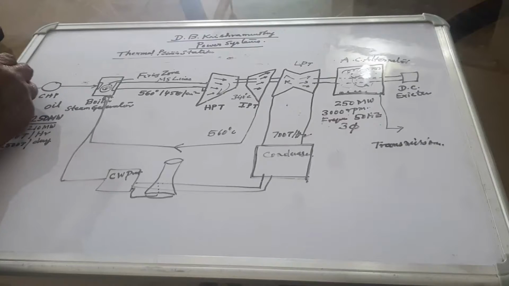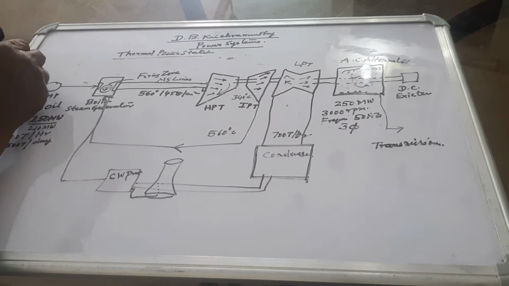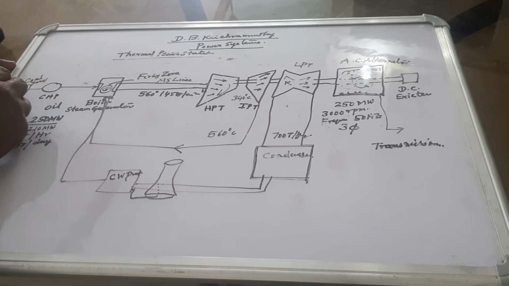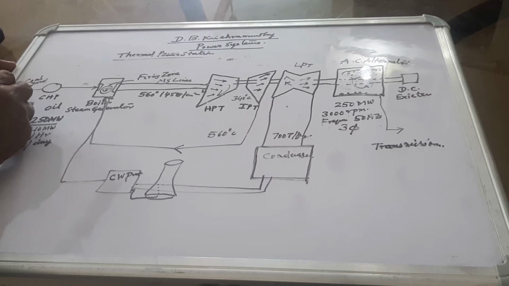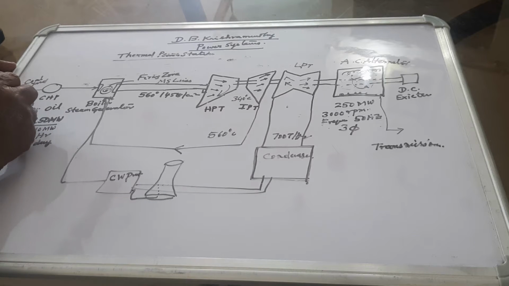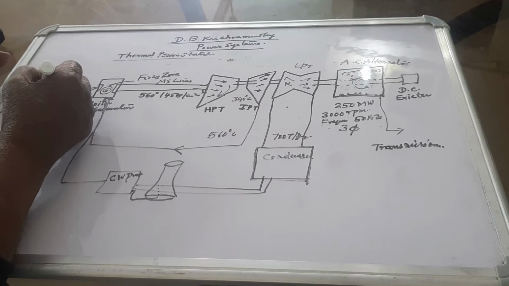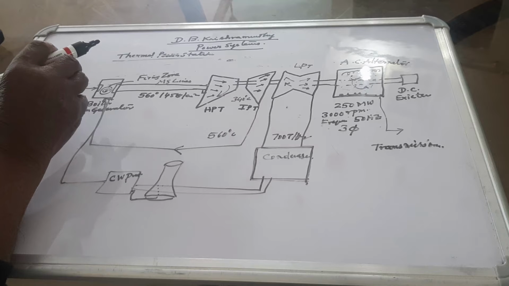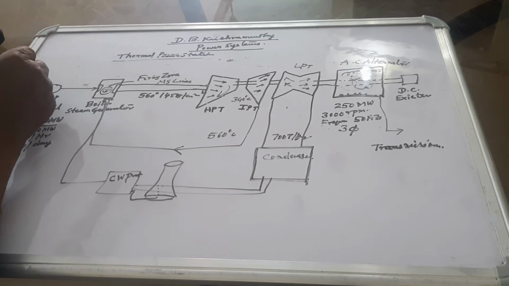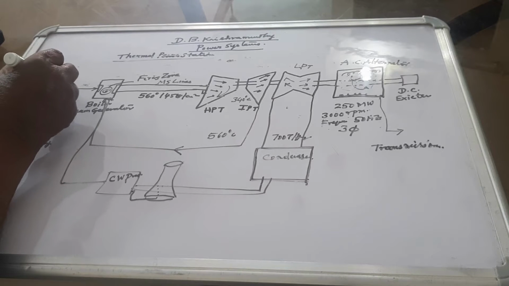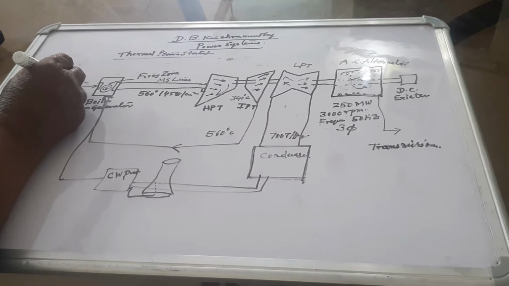into the boiler. There will be a coal yard wherein 15 days of coal is reserved. 15 days of coal quantity is available in the yard. When the coal comes in as boulders, it will be crushed into small 25 mm pieces in the coal yard, and these 25 mm pieces will go to the